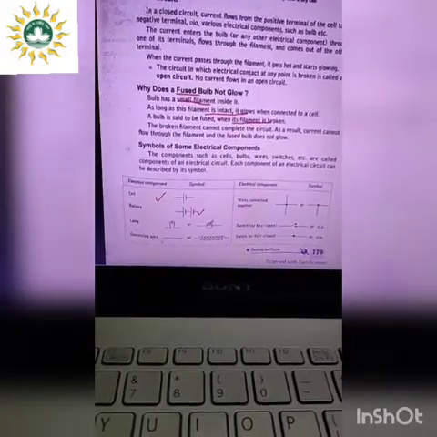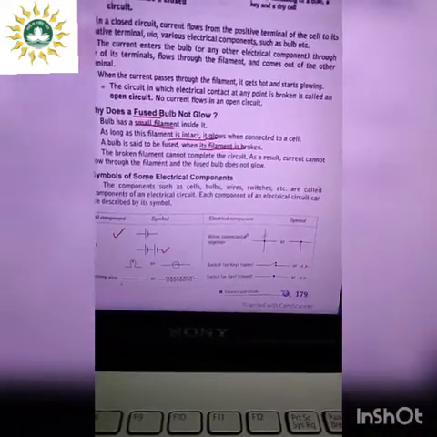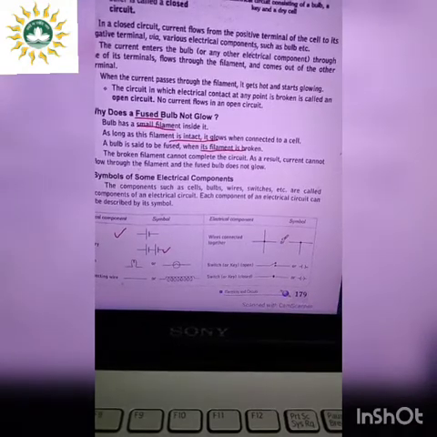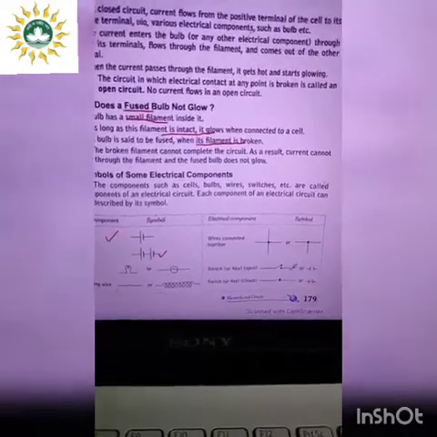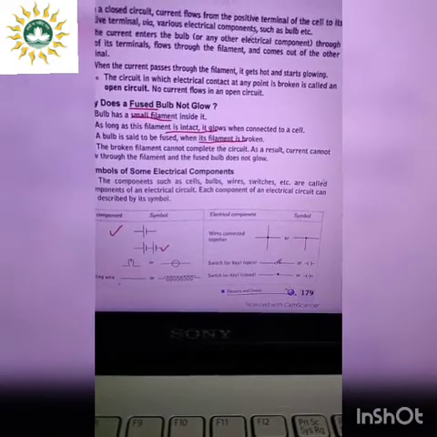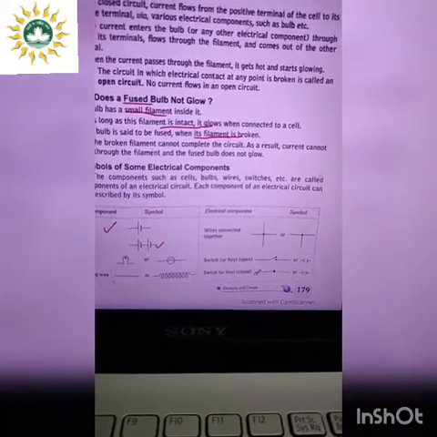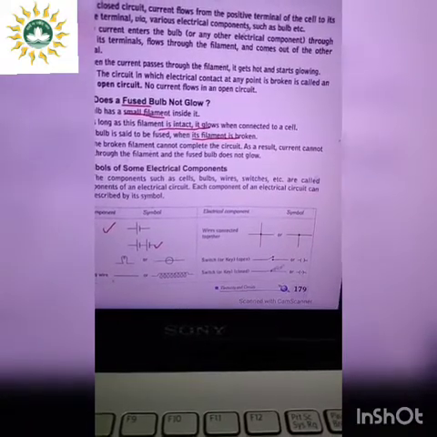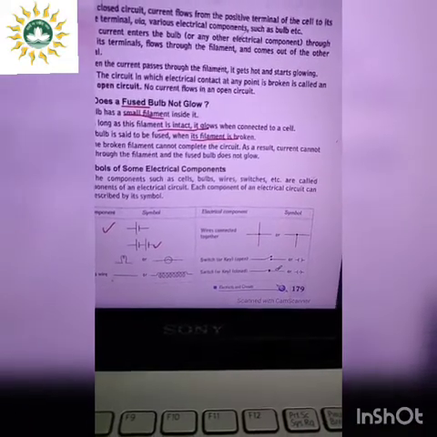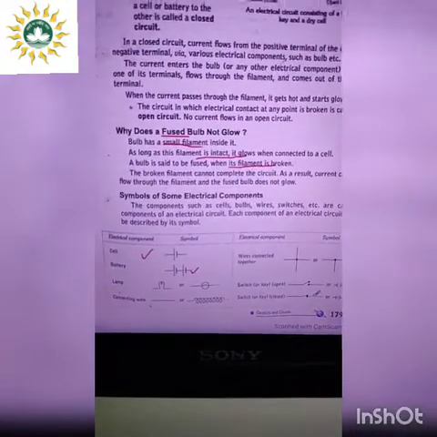Lamp can be of these two symbols. Connecting wires can be of these two symbols. Again, if we talk about wires connected together, it can be connected this way or it can be connected this way. And if a switch key is given and if the switch key is open, that means it is switched off, that means there is a gap. And when we say switch key is closed, that means no gap or no opening is there. So these are some symbols of the electrical components.